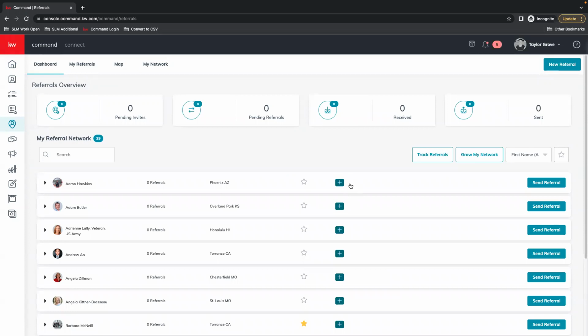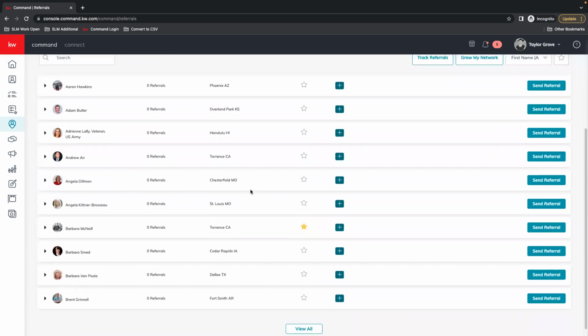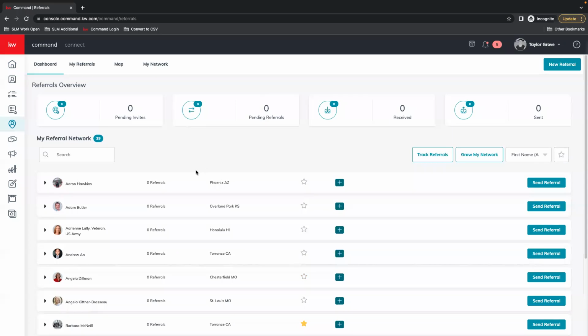So this is your main referrals dashboard. Anyone that you've connected with already or added to your referral network will appear down here. So if you're new, this probably looks empty. Or even if you're not new to KW, but new to the referral section.